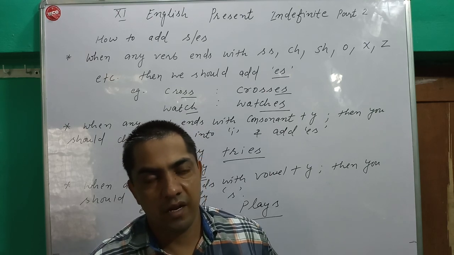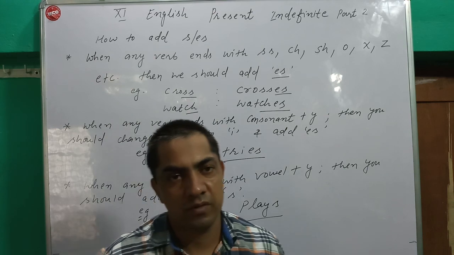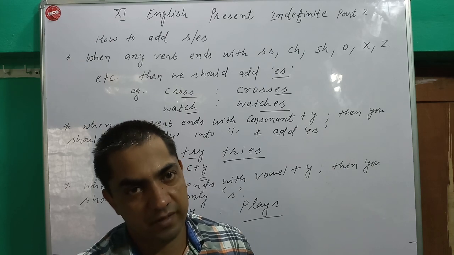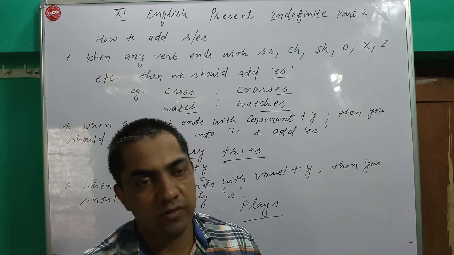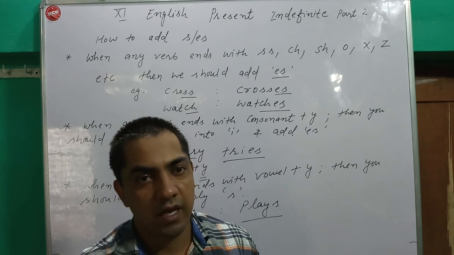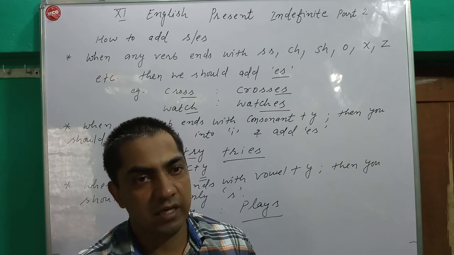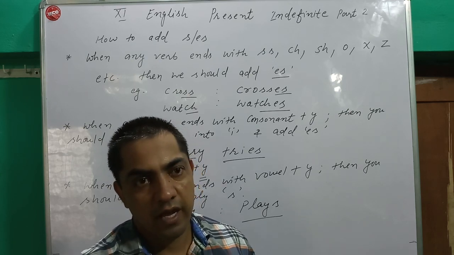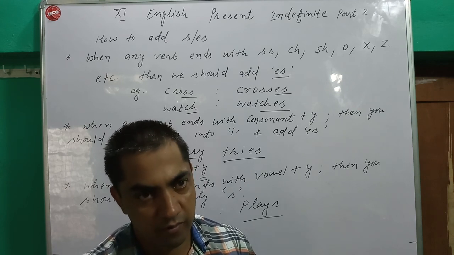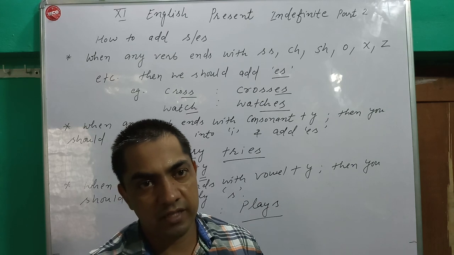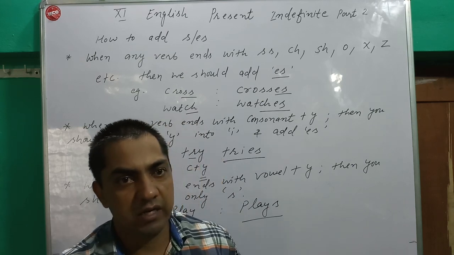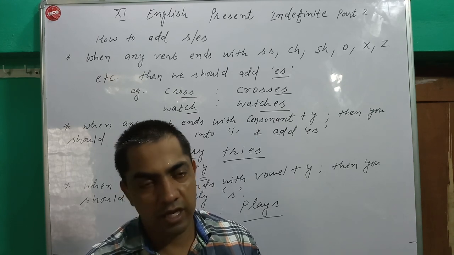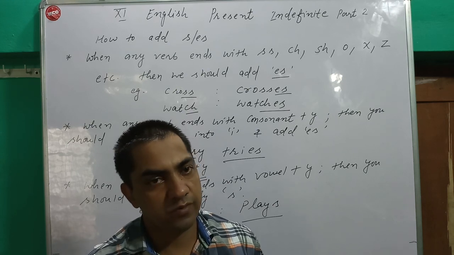Okay. In the last video I taught you some special characteristics of present indefinite. I taught you that when the subject is he, she, it, any name, or any singular thing, in simple sentences you should add s or es along with the first form of the verb. In interrogative sentences, negative sentences, and interrogative plus negative sentences, when the subject is he, she, it, any singular thing, or any name, you should use does plus the first form of the verb. Okay.